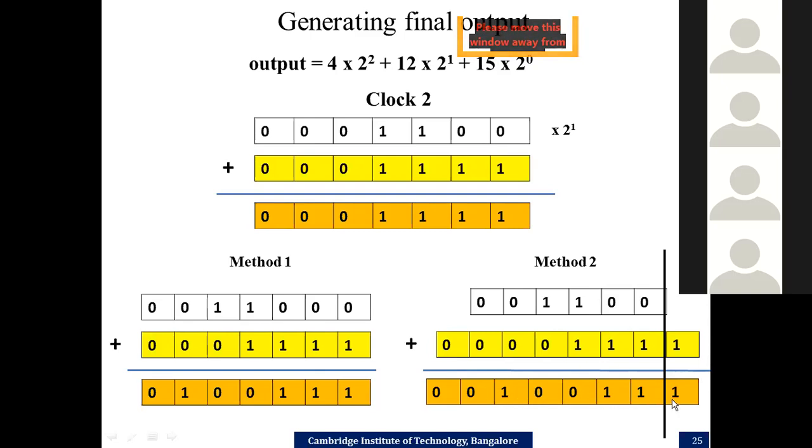So let us understand, in the first method, LUT content 12 is shifted left and added to the register to get the final output. But in the second method, LUT content is not shifted, but register content is shifted right. And again, when you add, you get the same answer. I hope you understood both the methods. Now tell me, out of these two methods, which is recommended? Which one can we use, method 1 or method 2?